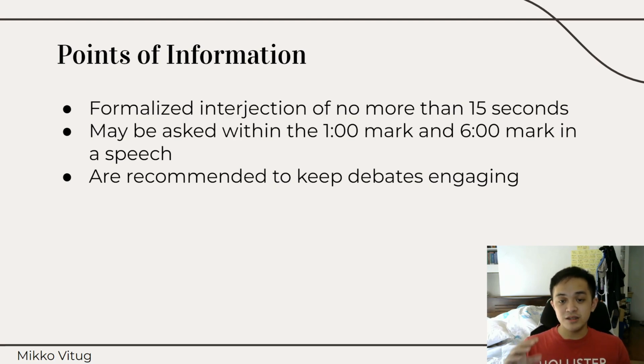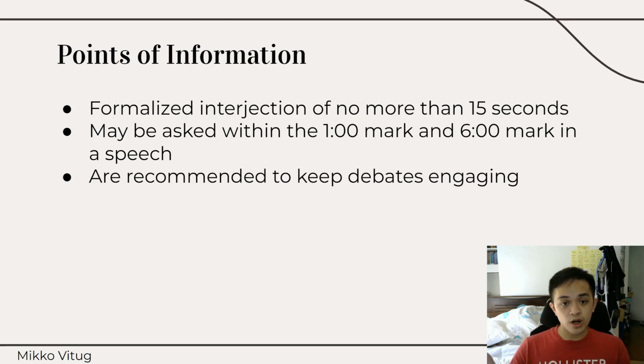So this is particularly helpful if you're an opening team, and in the latter part of the debate, there are closing teams who no longer can be responded to by the opening team, and so a point of information might be helpful. There are many reasons you'd want to do a point of information. Maybe you'd want to clarify something. Maybe you'd want to ask something. Maybe you'd want to bring up a point of material from your side that has not been addressed. Maybe you want to question a part of an argument of another speaker.